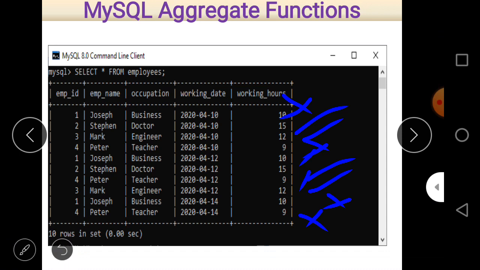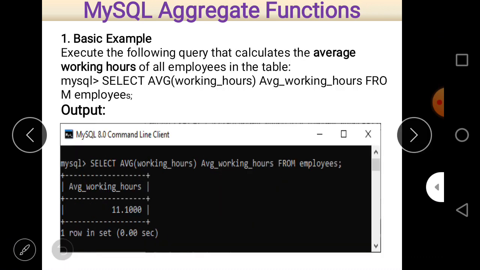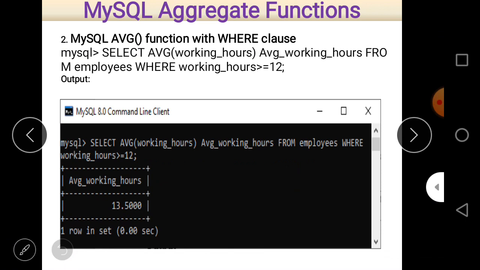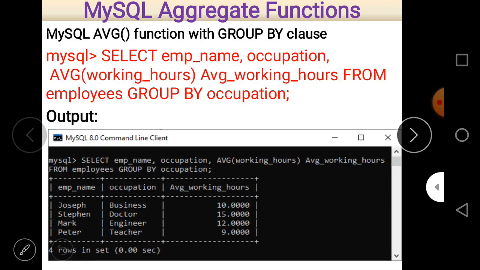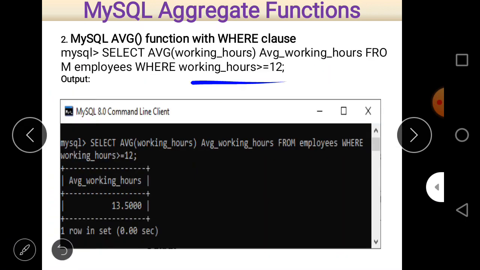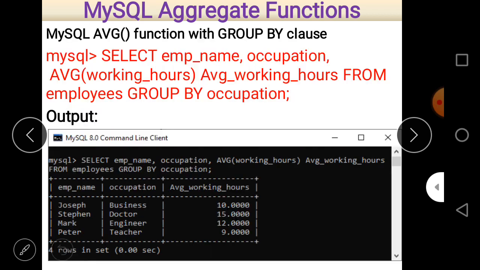So only 4 values are selected, and the average of these 4 values is 13.5, you can see. So if you put a condition, the average will be counted according to that condition.